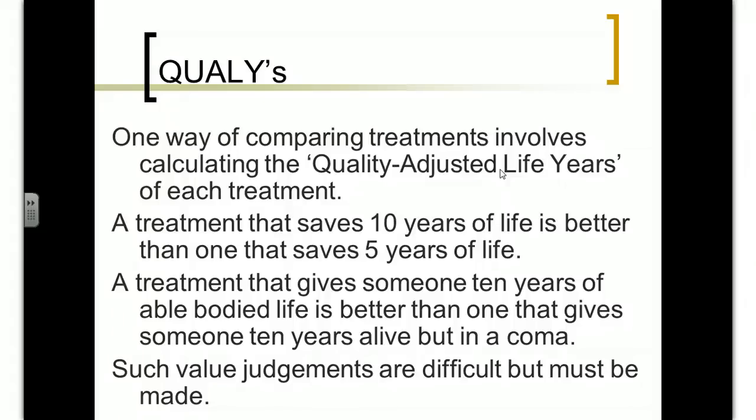So these are fierce, difficult value judgments. Like, are you going to say somebody being alive for 10 years is better than somebody else being alive for 10 years? How do you say to a family, maybe that somebody's in a vegetative state, look, there's very little chance of this person coming out of this coma. We don't simply have the money to spend to keep this person alive for the next 10 years. Like, can you go to a family and say that?